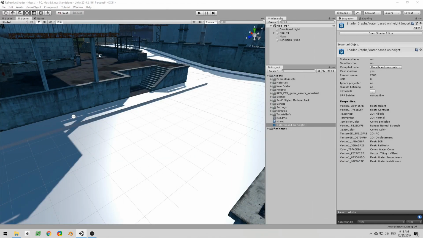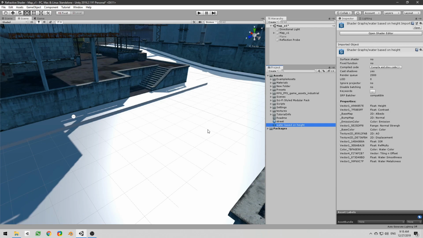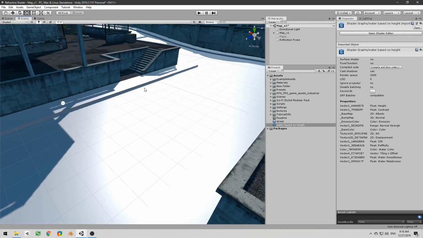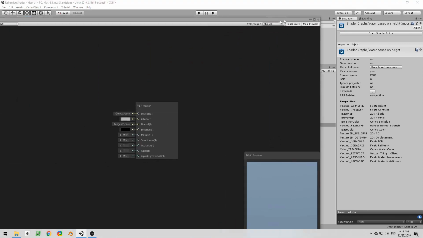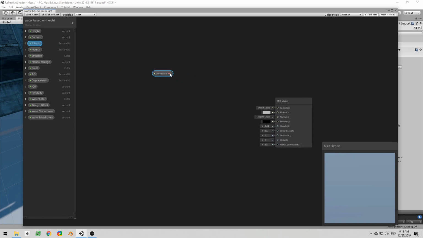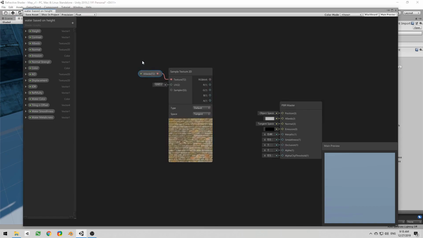Okay, and I created a material out of this one. You can forget about these, I'll show that later. So it's just a material out of this shader, and I assigned it to these pieces of the street. So what do we need? Let's start by just getting the albedo and entering it to this sampler,